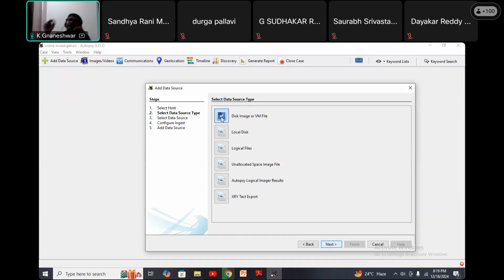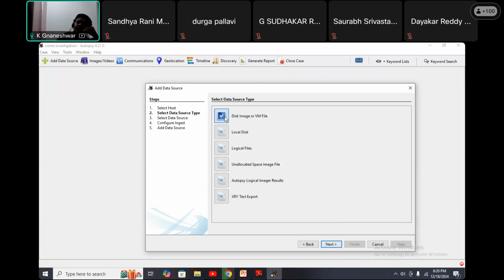To apply the Autopsy tool on such image files, select this first option, disk image or VM file. If I want to apply the Autopsy tool on a specific image file, and that file is available in your system, then only select this one.